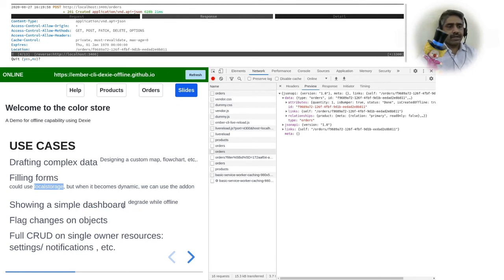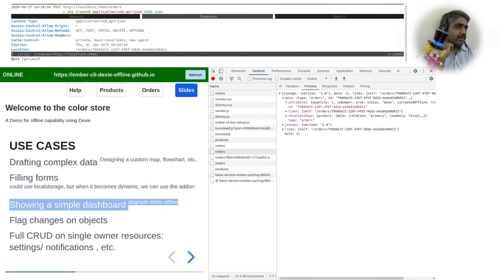Showing a simple dashboard. For example, if there is an analytical app while we are offline, rather than being entirely offline, we can store very small data that we can aggregate on the client side using this add-on and show a very toned down version of the dashboard.